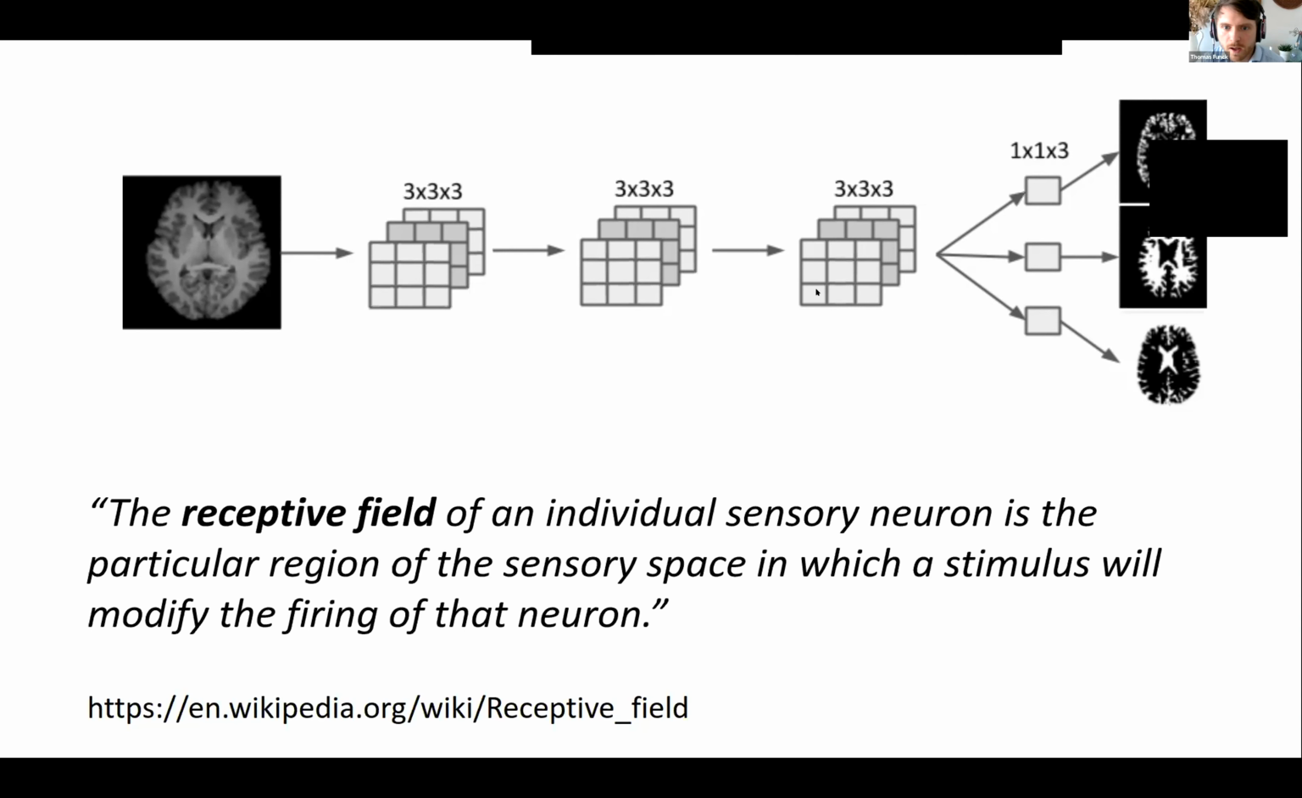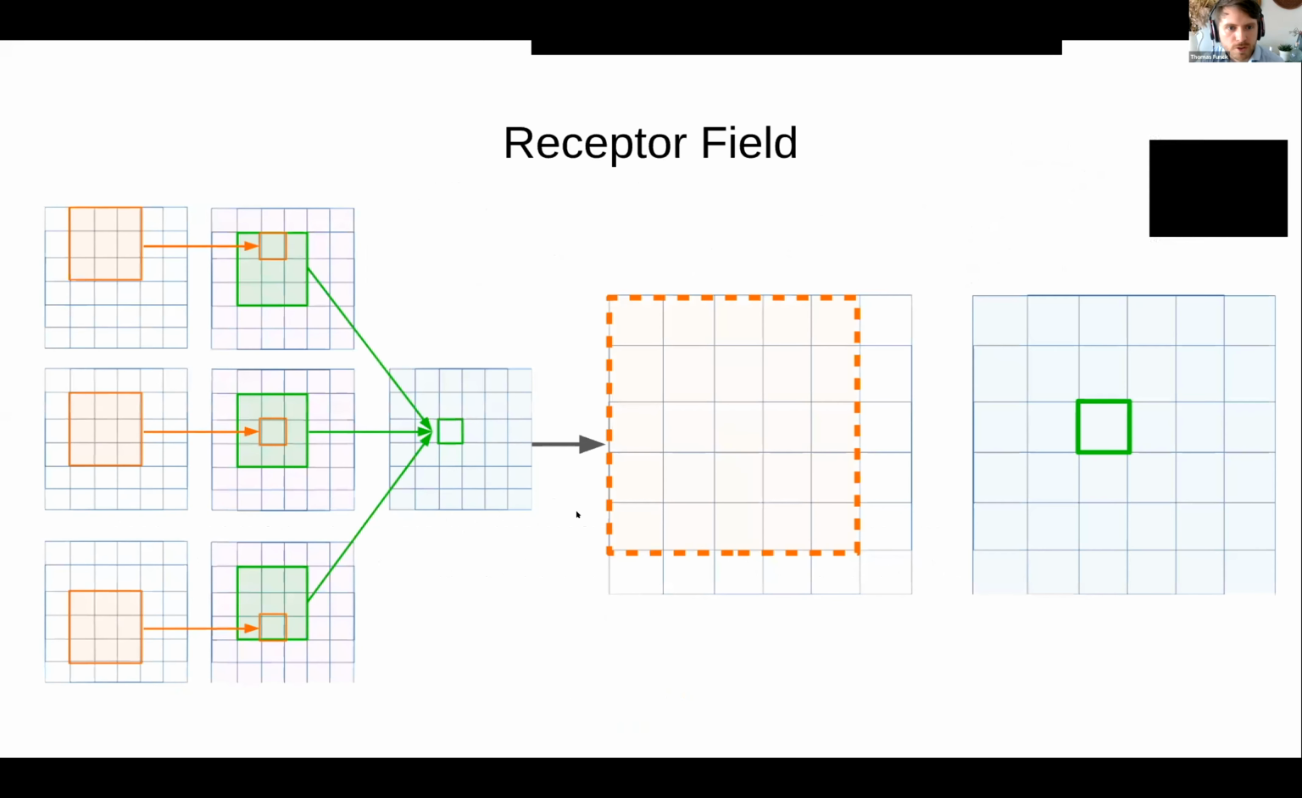Each of the kernels has a certain receptive field, so that means they respond to a particular portion of the image. Just to illustrate that a bit more graphically, if you have this point here,